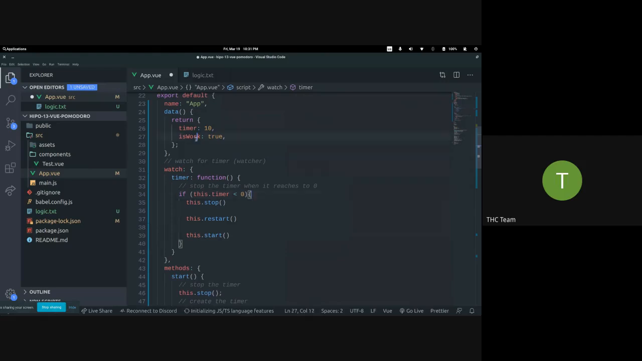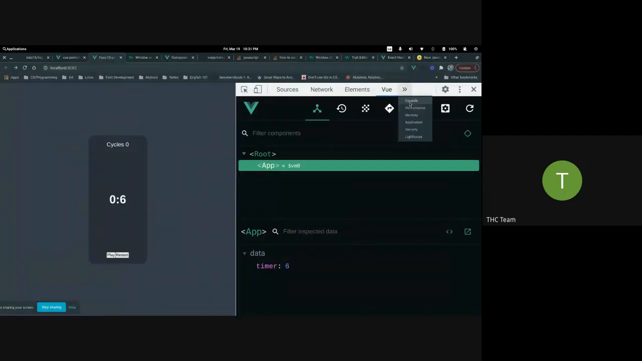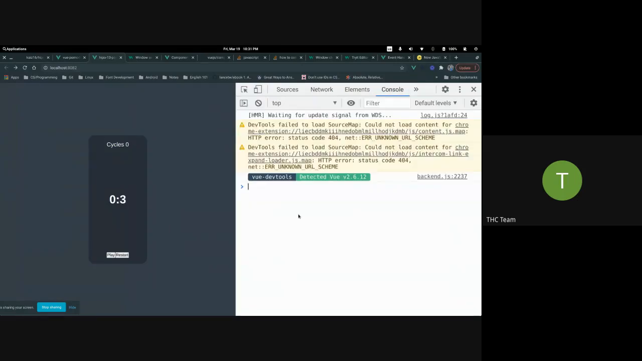We need to negate it right here. So isWork will become false, okay? And then after that, isWork will become true. So negation character, you know what a negation is in JavaScript? Negation means true to false and false to true. Okay, so for example, let's say like